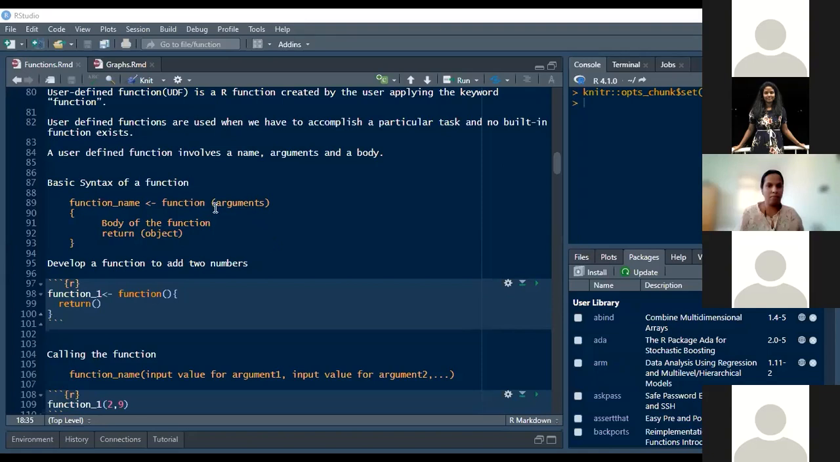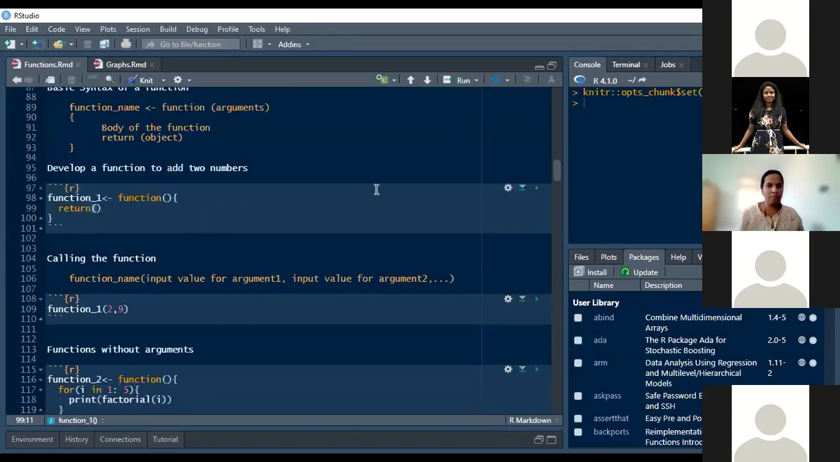So here, I have just written a question. Let's see how to develop a function to add two numbers. This is the task that I want to perform. I want to develop a function to add two numbers. So I will start by using the function name. I have given the function name as function1, and with the left assignment operator, I have given the keyword